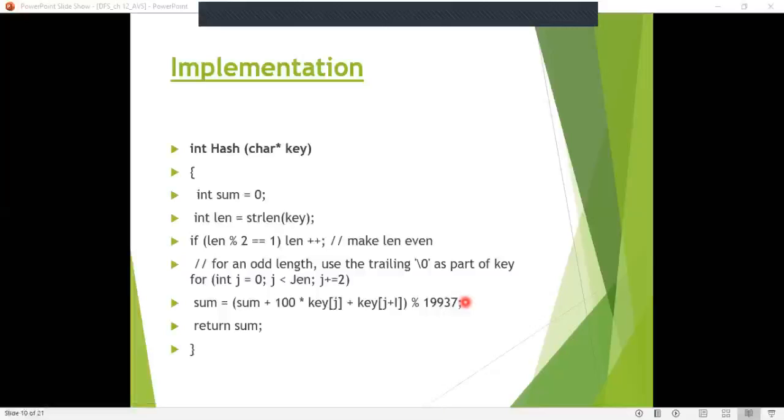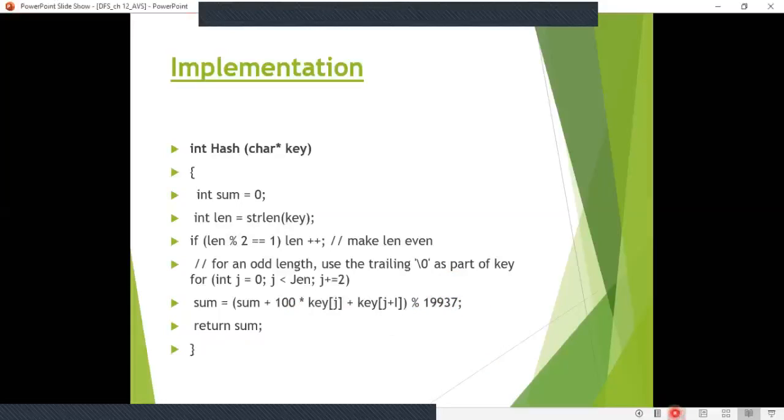Now for a 32-bit integer, we can use a larger number as well. This division is for that. And then returning the sum. This is the same fold and add, folding and adding, and making it stay within the character range.